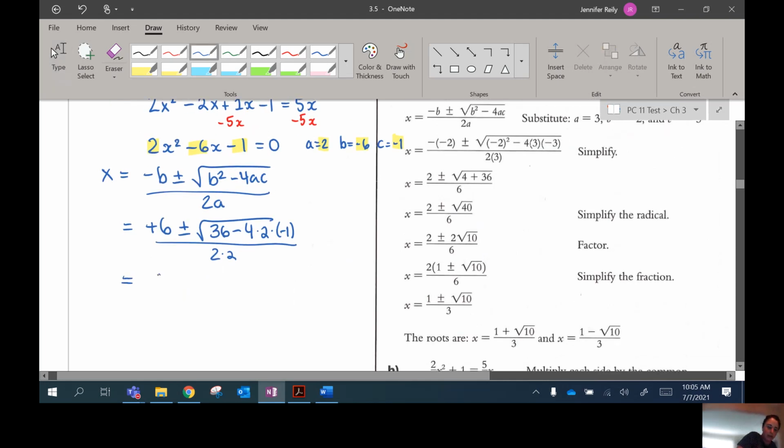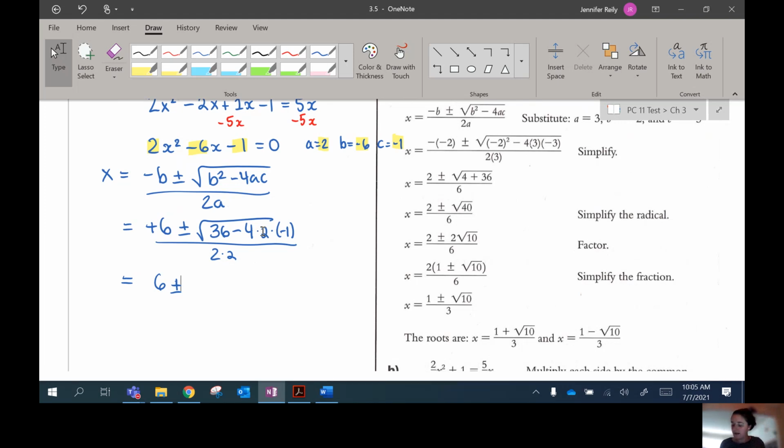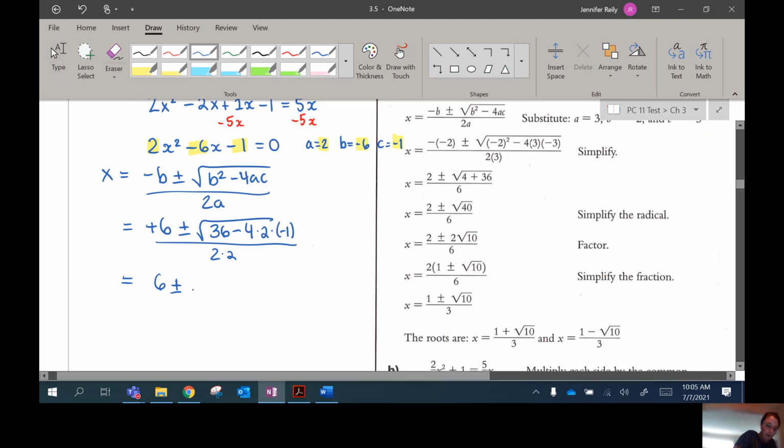So this would be 6 plus or minus the square root of 36 plus 8, so that would be 44,